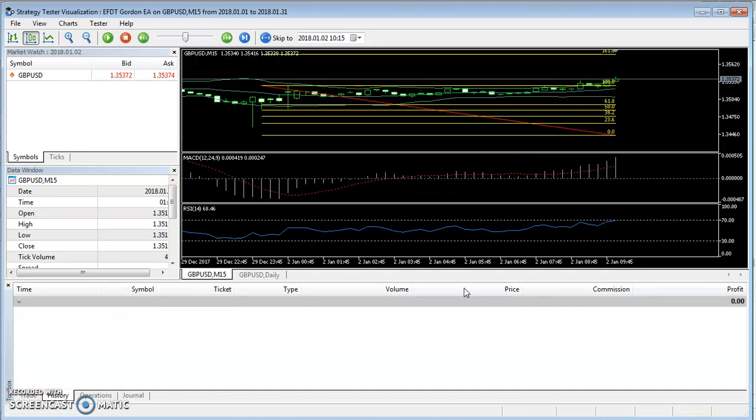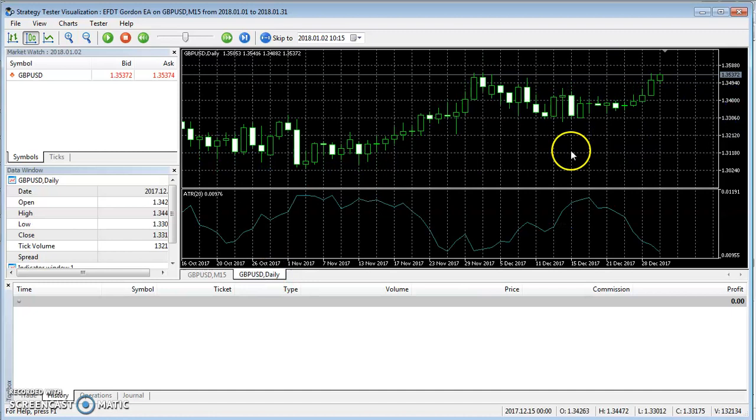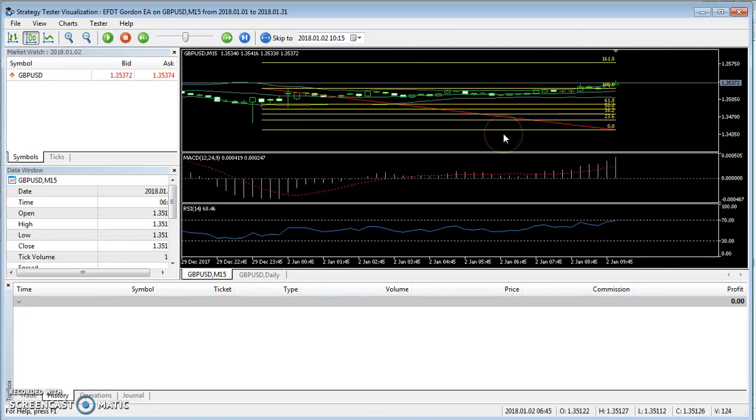So in this next example, we can still open a trade with Fibonacci lines, the Bollinger Bands, MACD, and the RSI. So first, let's look at the daily chart, and you can see here that we're in January 2018, and we can see that the previous year it has been rising in an upwards direction. So the market's pretty bullish. And switching back to the 15-minute,